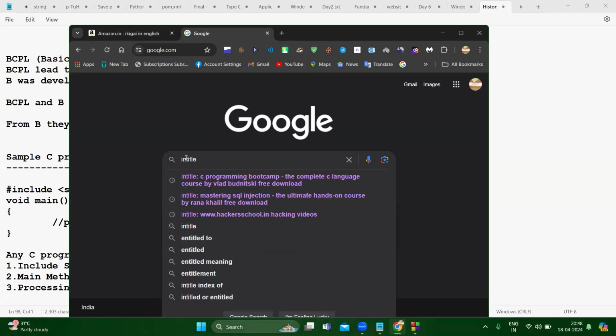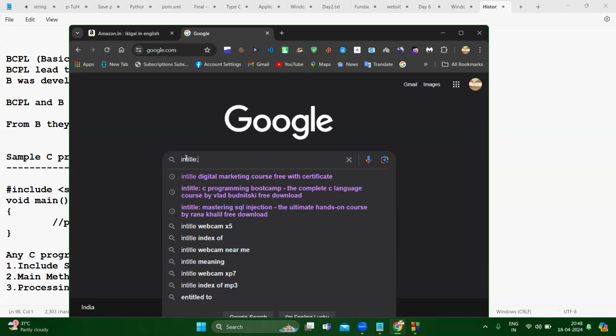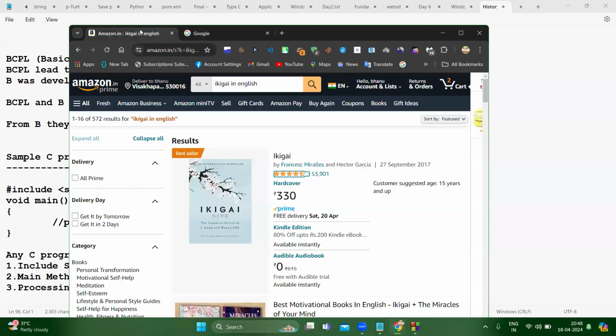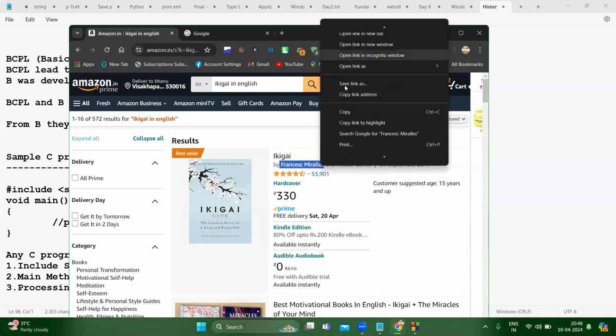Just mention here intitle colon, and the book that you want to download. What is the book name? In our case, Ikigai. And who is the author for this one? Francesc Miralles.